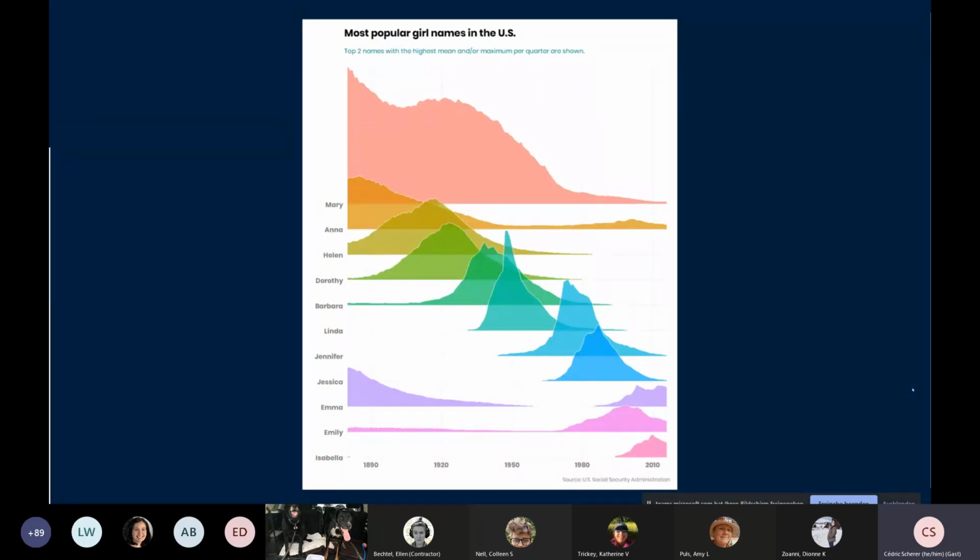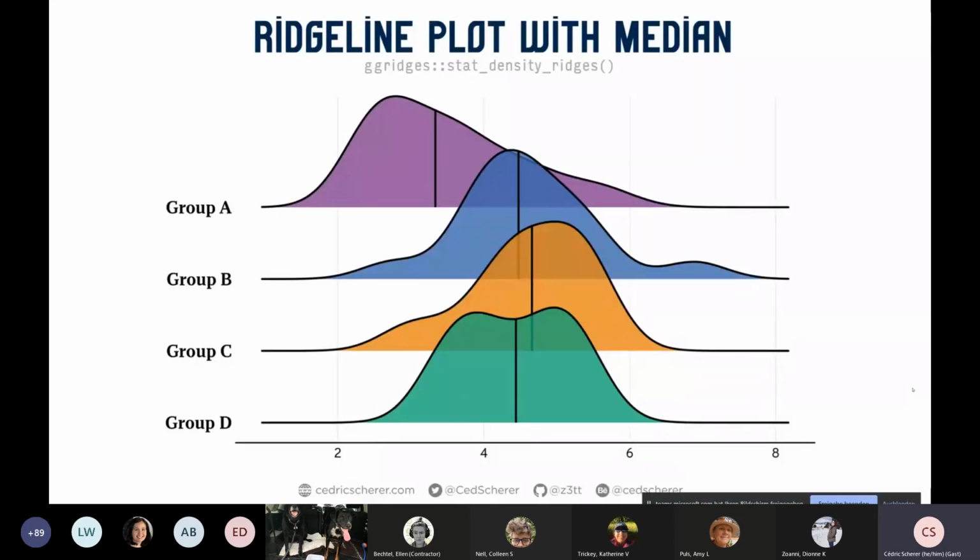While this would be difficult, for example, if you plot them all on top of each other, or also if you make small multiples, you might have difficulties to directly compare them. So I think it works pretty well here. Also here you can play around with these. You can add a median line, for example. This is the code you need for that.